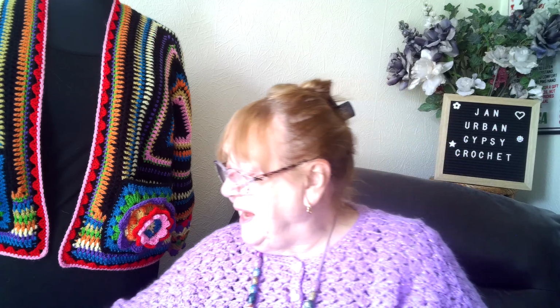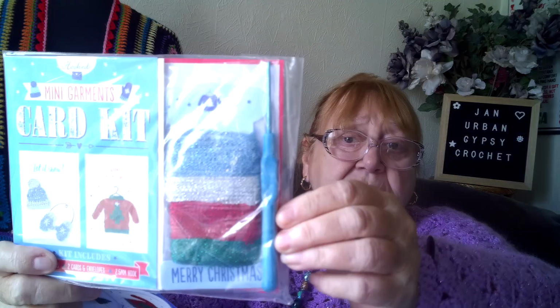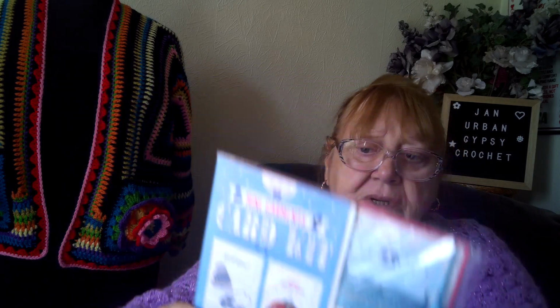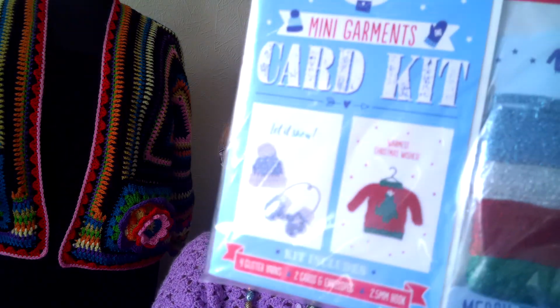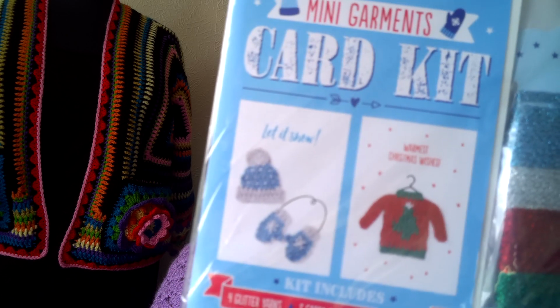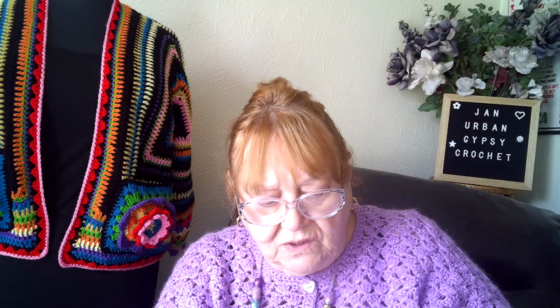The free gift that came with that magazine is called All That Glitters. And I believe you get a card. You actually get a crochet hook and a card. And you get the instructions, I hope, to do the little miniature sweater and the little hat and mittens to decorate a card with. I haven't opened it up because I won't be using it,